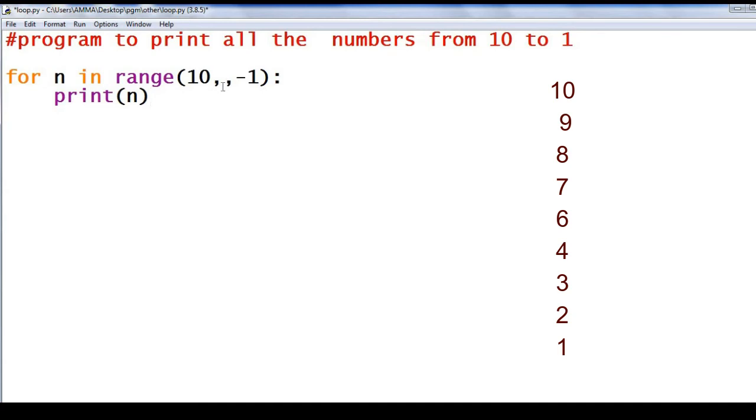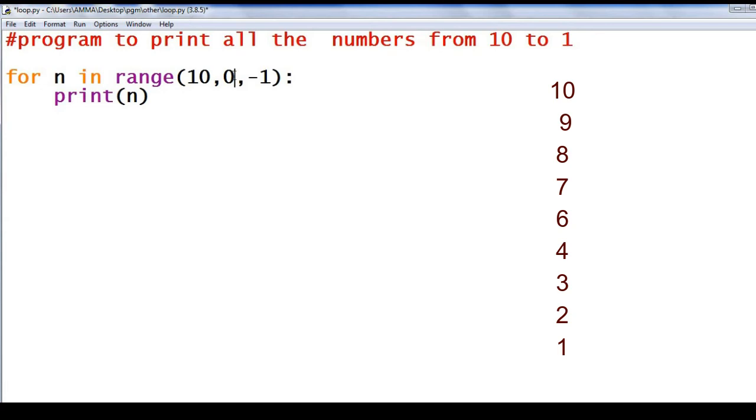If you give 2 here, the 1 comes after 2 only. That is 3, 2, then only 1 comes. 1 is not before 2. It is after 2. Isn't it? So if you give 2 here, it will not reach the number 1. So if you want to print up to 1, you have to give 0 here.